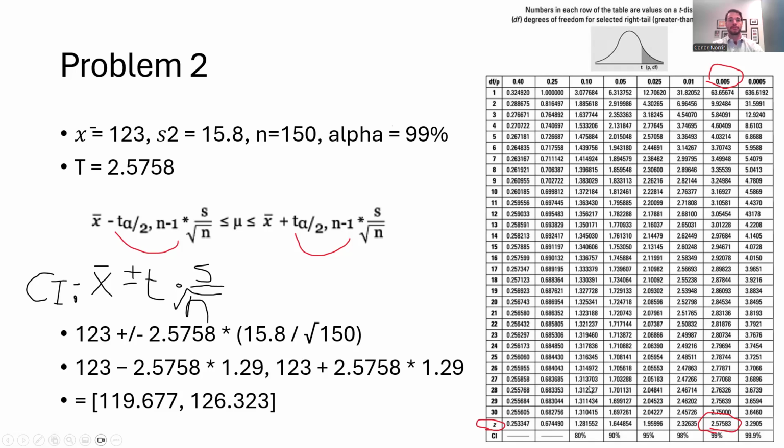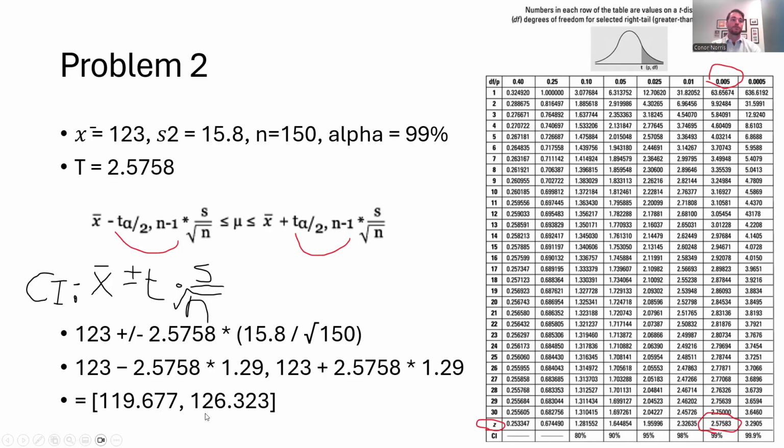And now we're doing a 99% confidence interval, so trace that z, that bottom column, the largest number across so we get 99%. And that's right here, the 2.57583. So let's just plug everything in and go ahead with it. So the sample mean is 123. The t-score is 2.5758. And then we have 15.8, our sample standard deviation, divided by the square root of n, the square root of 150. Again, doing the math, we end up with